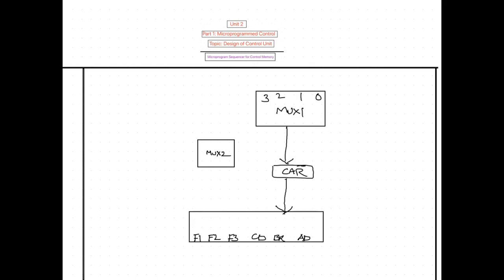I have already told you that there are 4 sources from which we get an address, and that will be stored into CAR. What are those 4 sources? The very first source is the incrementer.